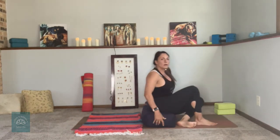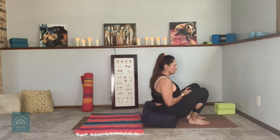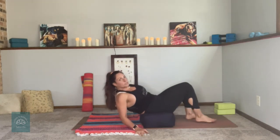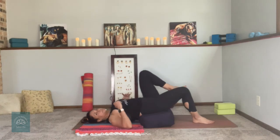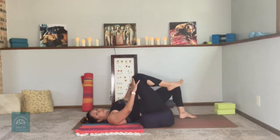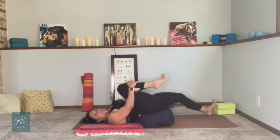I'm going to come on top, and then I'm going to let my upper body come down. Let me go ahead and set this alarm first. So my sacrum is on top. I'm going to go ahead and leave my left leg down, and then I'm going to bring my right leg up. This is going to be one way to do this, and then I'm going to extend my left leg